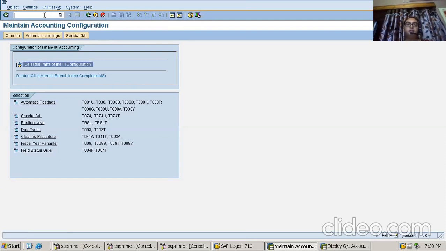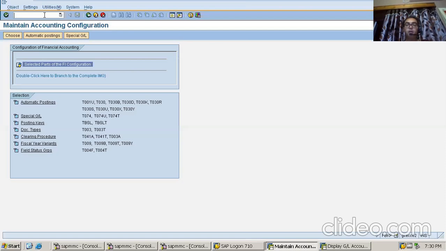For example, I'm paying 500 as down payment, then I'm receiving 700 as invoice. That means I need to pay the balance amount to the vendors, and that is 700 minus 500, that is 200. So while doing the automatic payment program, I need to pay 200 as the balance amount to the vendor, right?